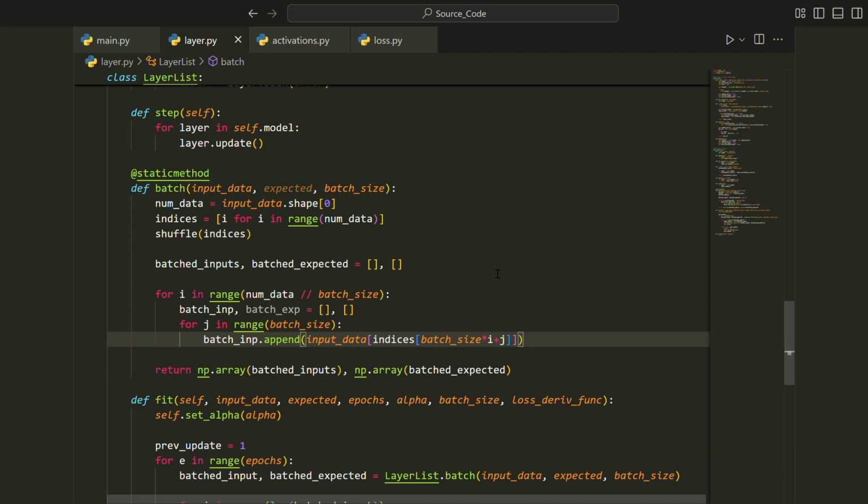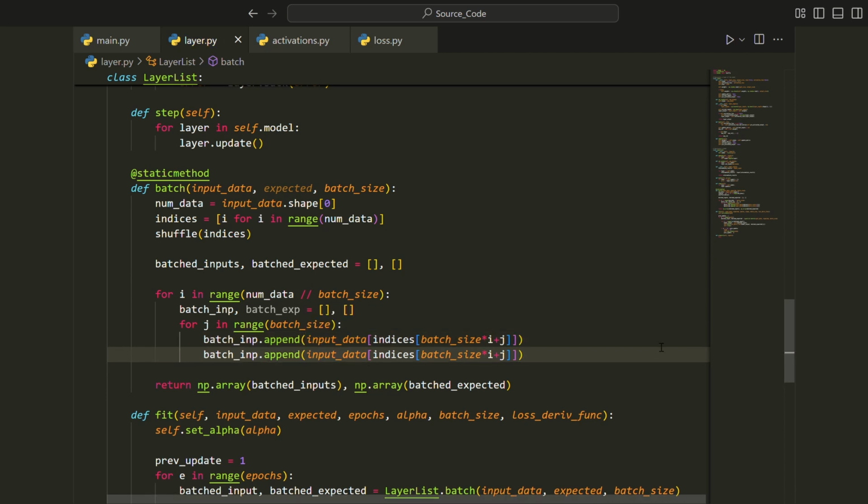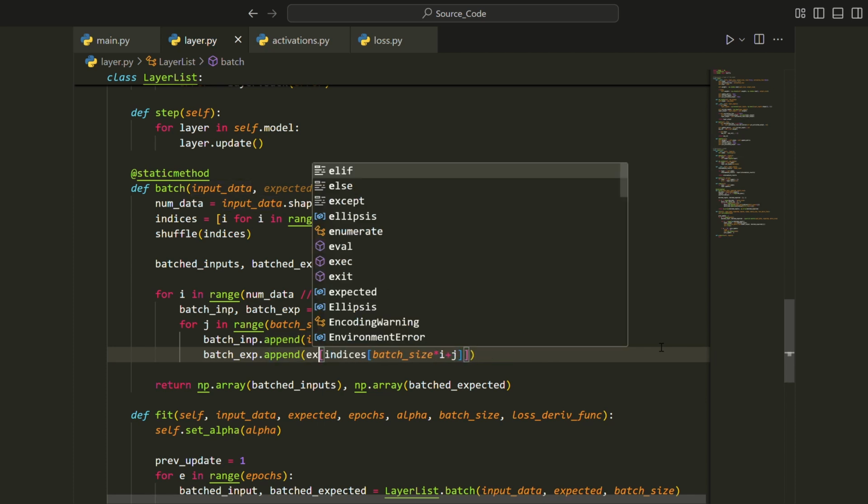What this is doing is it's calculating the current index that we want to add, which would be batch size times i plus j. Then we're going to get that index from the indices list, and we're going to get the input data point corresponding to that index using this syntax. Similarly, we're going to append to the batch exp list